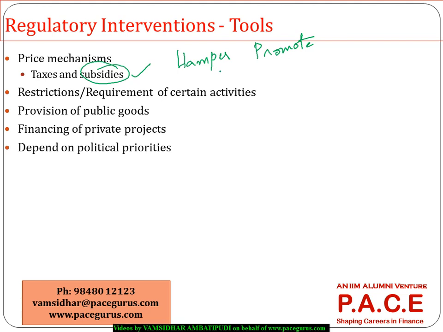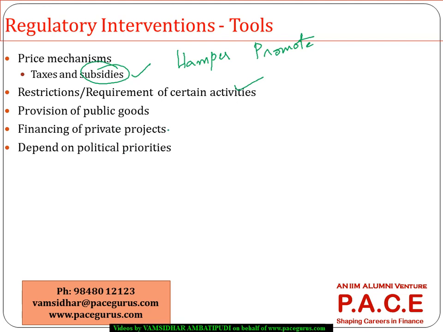In some cases, the regulatory bodies could provide restrictions and quotas in terms of the amount that can be consumed or imported, or in terms of specific raw materials that could be used or banned. Or they could provide mandatory requirements for some activities to be performed. For example, every publicly listed company should file their annual reports and quarterly reports. In some cases, they may prevent or restrict some activities from being performed by the companies.